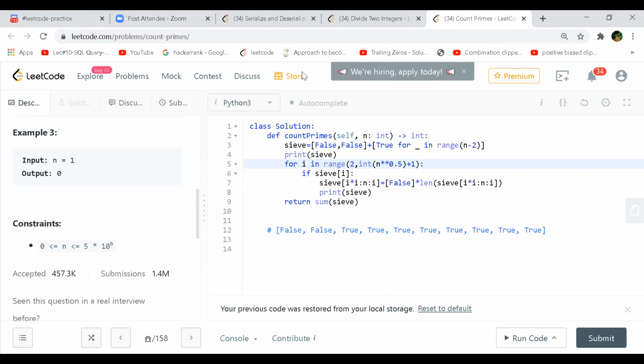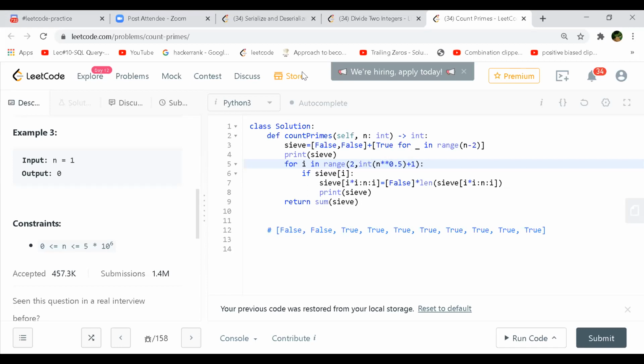So he is trying to take any number and see if it has factors. If it has factors, he is smartly eliminating them by marking them true, false. So this is a theorem, and if we implement it, we get this in a very efficient way.